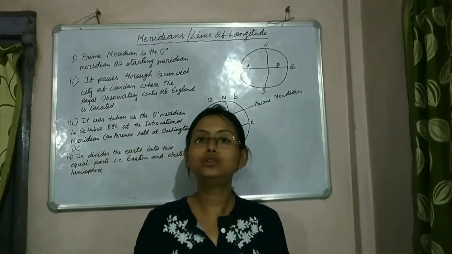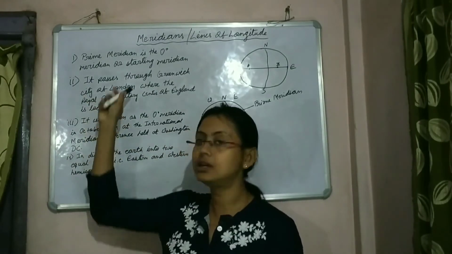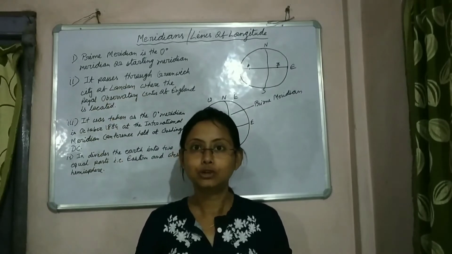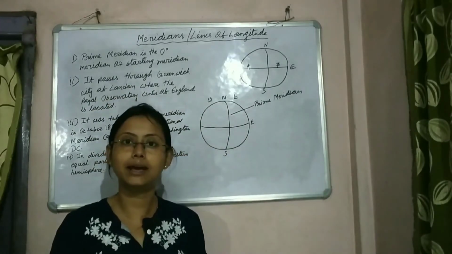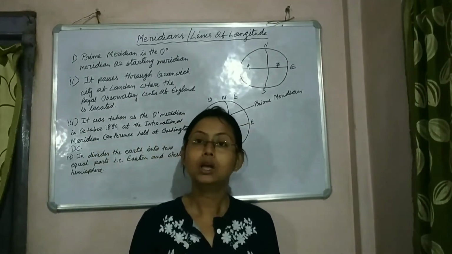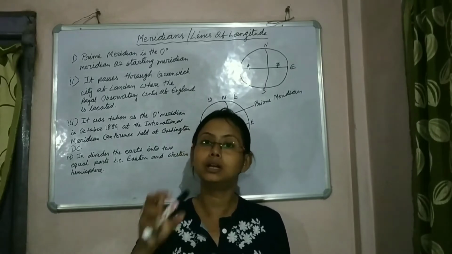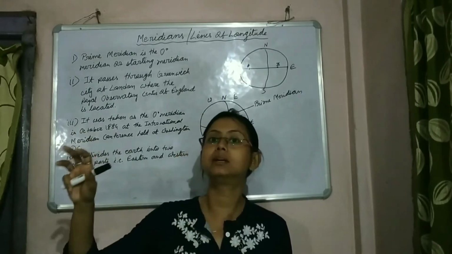Now, why do we need to indicate this? We need to mention that the prime meridian has passed through Greenwich. Do we mention the equatorial line in this way? Do we indicate the equatorial line in this way? No. Now, why does this need arrows, that we need to particularly mention through which place the prime meridian has